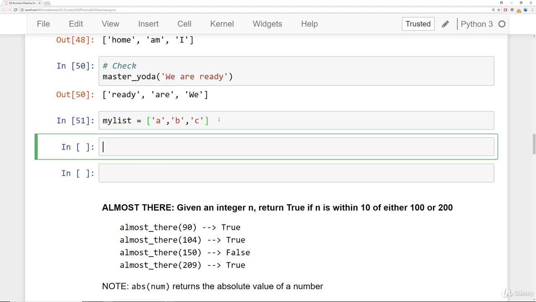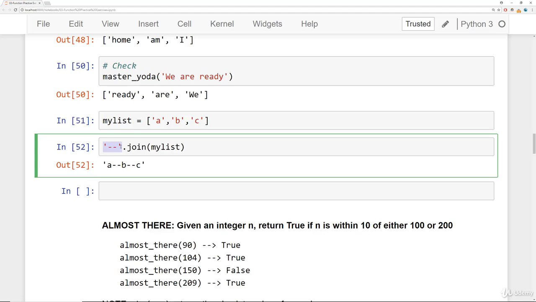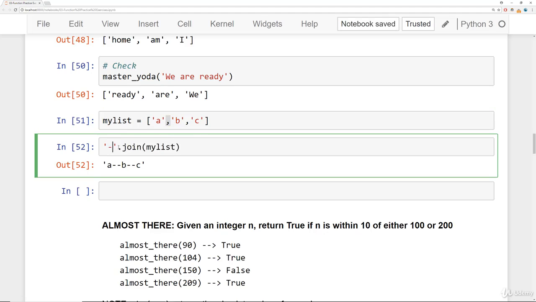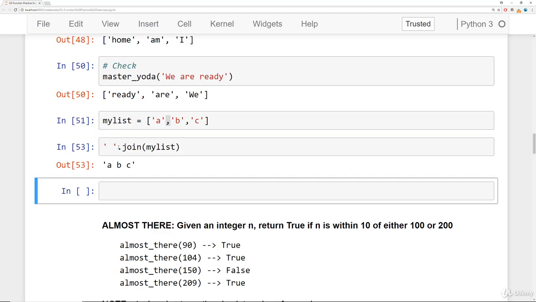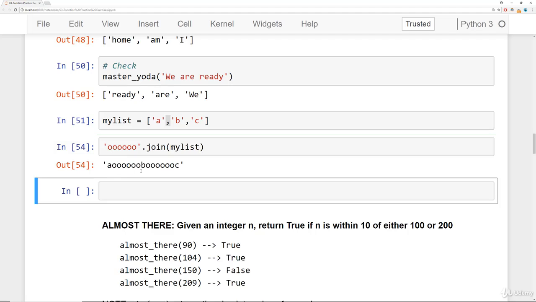What you end up doing is you create a string. Here I'm going to have a string of 2 dashes. And then off of the string, you say .join, and then you pass in my list. What this does is it takes the string you have here, and it's going to use it to concatenate as a fill-in between every item in this list. So if I just have a space here, it puts a space between A, B, and C. If I have maybe a bunch of O's, then it's going to put a bunch of O's in between A,